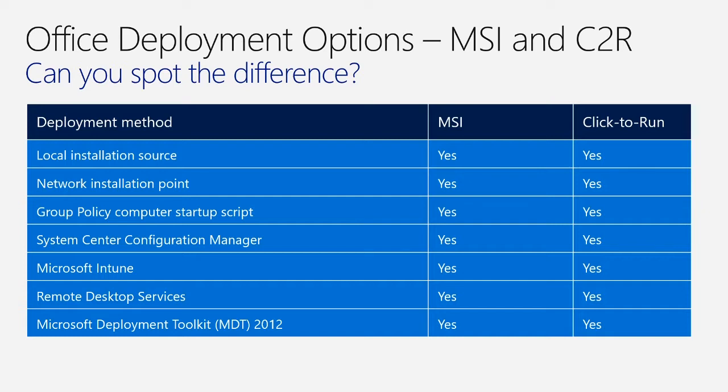There's not a lot of difference in the capabilities. There's a little bit of difference as you start packaging and what you need to do, but the capabilities are still there. I can still use Config Manager. I can still use network file shares. I can still use local installs, downloading it, et cetera. So there's capabilities. One of the capabilities that's new is the ability to point your clients to the cloud and actually manage them from the cloud without having any infrastructure on your side, outside of network. So as you can see here, there's a lot of similarities between it.